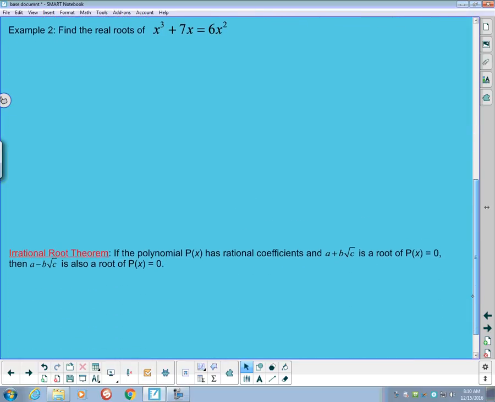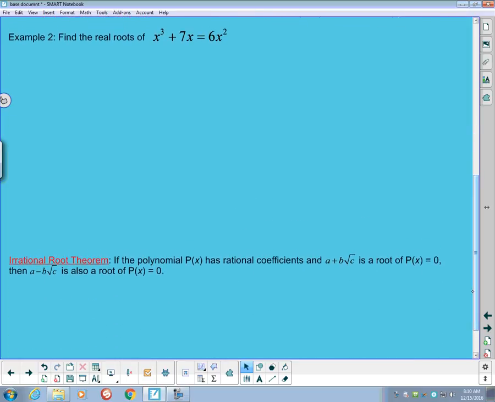Let's take a look at a second one. So in example 2 here, we're going to find the real roots of x cubed plus 7x equals 6x squared. Well, the first thing we need to do is make it say equals 0. So we'll subtract a 6x squared from both sides,